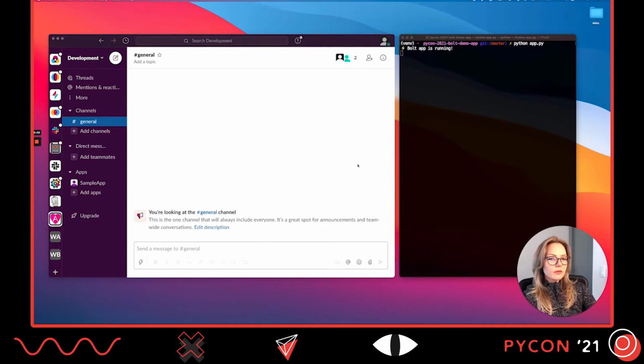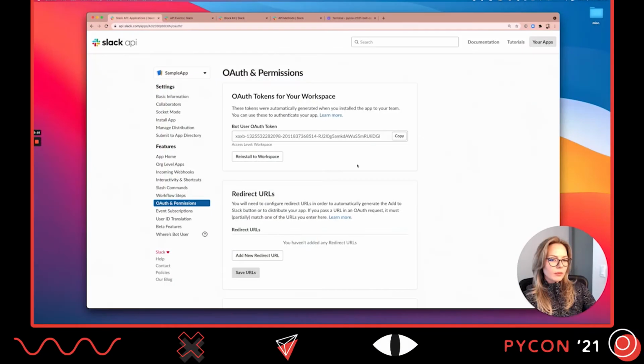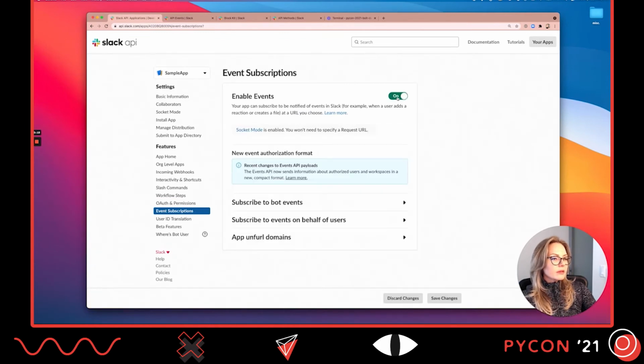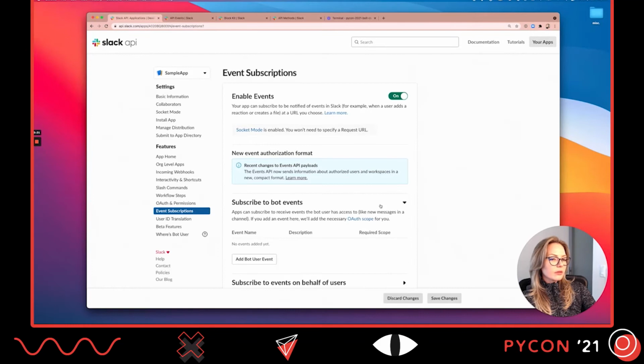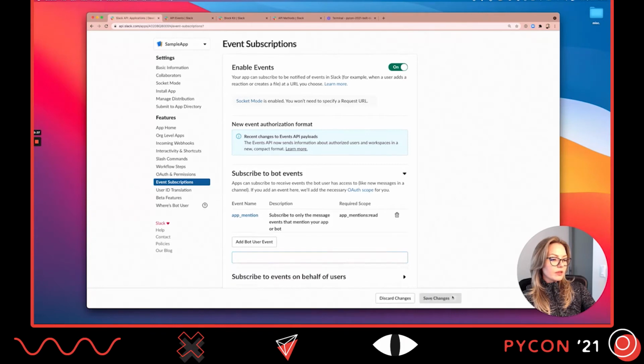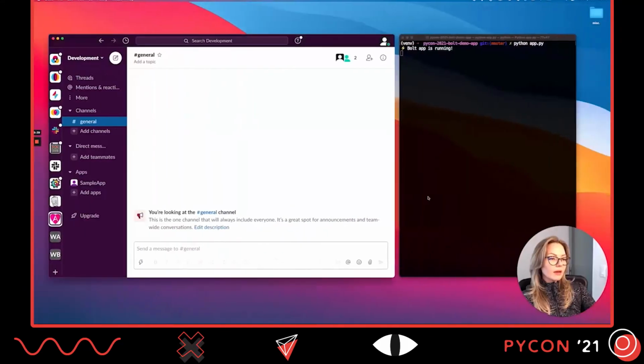Let's say that we'd like to listen for when a user mentions our app by name and then respond to it. In order to do so, let's head back to the configuration and over to the event subscriptions page. First, we must enable events. And then once we've done that, head down to the subscribe to bot events, where we can add the specific events that we would like Slack to send to our application when they occur. In the case of a user mentioning our app's name, we will add the app mention event. Save our changes,